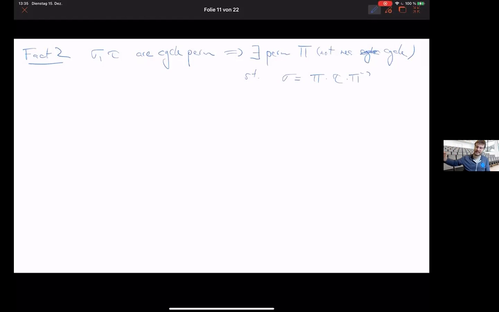What this means for us is, if I again have sigma being this standard cycle (1 2 3 4 5), I can map any cycle tau back to sigma just by multiplying it from the right side with some pi inverse and from the left side with some pi. Good, now that we have this group theory stuff out of the way,